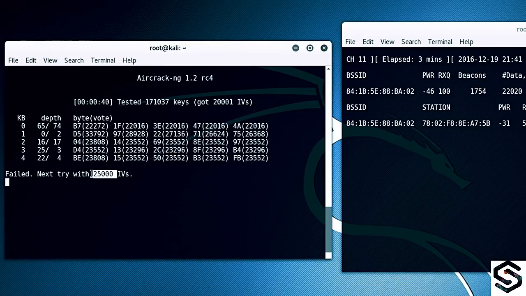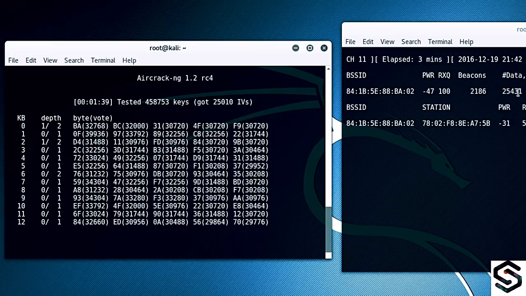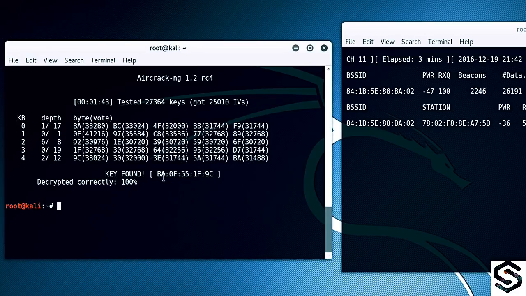It happens when the password is quite complex. If the victim has used a simple password, then that password could be cracked within 20,000 IVs, in fact under 10,000 IVs as well. But here the victim is using a hard or complex password, and that's why it is taking lots of IVs to crack that password. Okay guys, 25,000 IVs, it is trying again to crack the password, and you can see guys, we have got the password here, that is